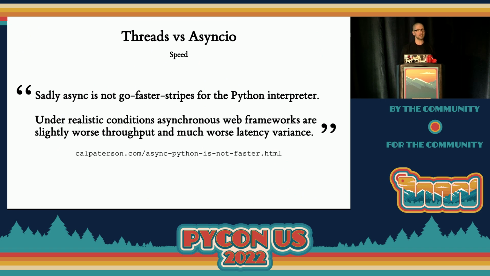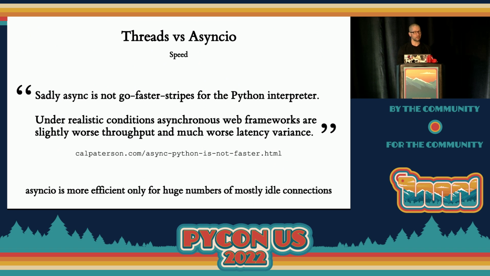So I'm not going to say necessarily that all async frameworks are slower than all multi-threaded frameworks. I think what I can say without getting into trouble is Async.io isn't faster. It's efficient, again, only for huge numbers of mostly idle connections, and only for